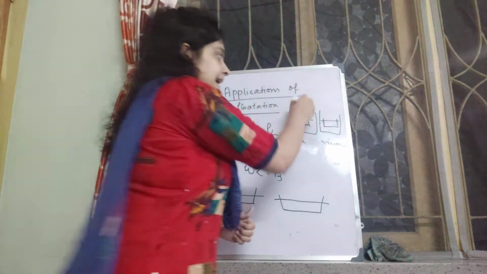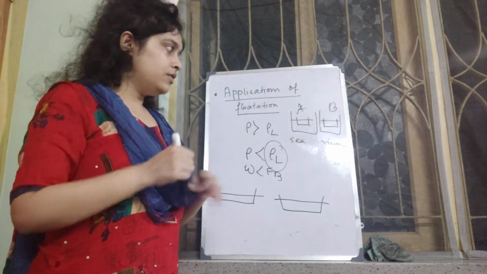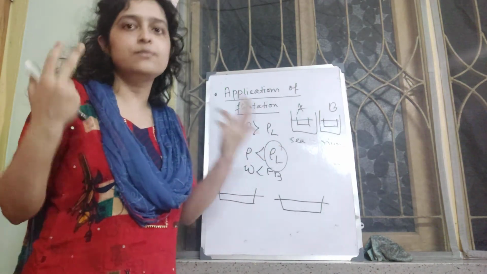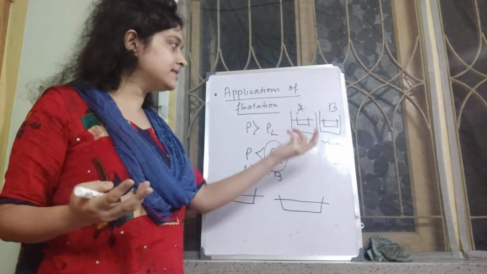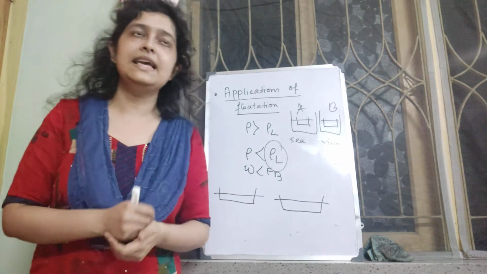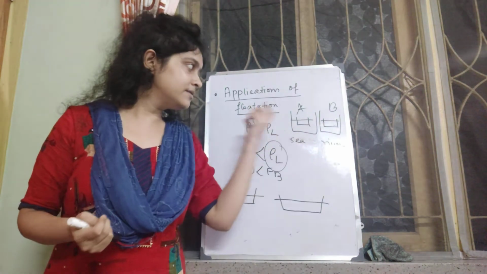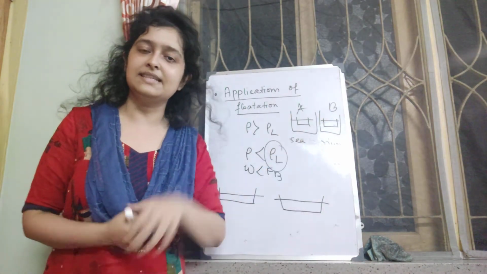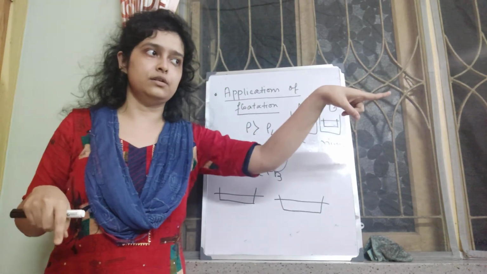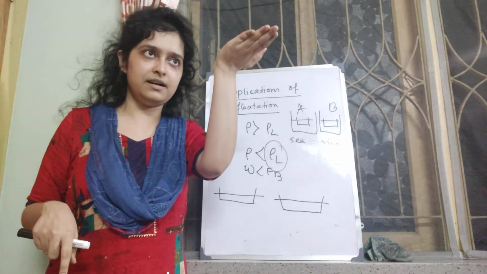That example, A and B, two objects immersed in two liquids. Density is more, so upthrust is more, which means it will submerge less into the sea. That is why it is easier to swim in seawater than in river water. Same concept and same reason. Just apply this when you are swimming in seawater and in river water. In which case will you submerge more? In river water. And in which case will you float a bit higher? Seawater.